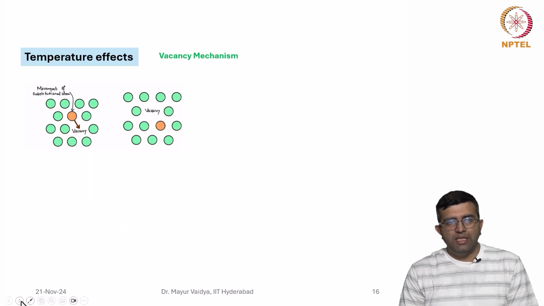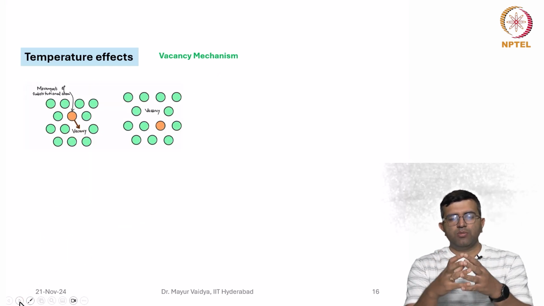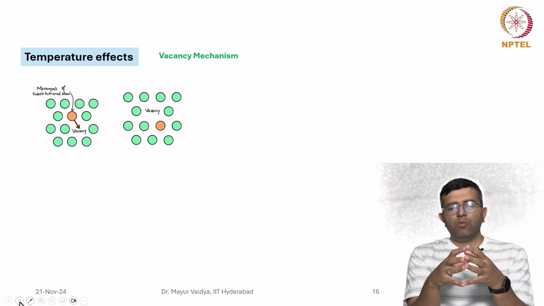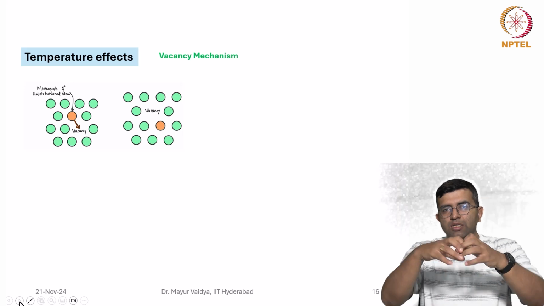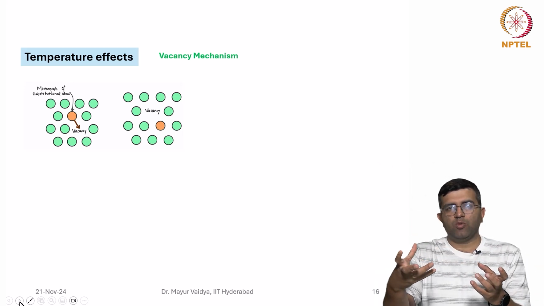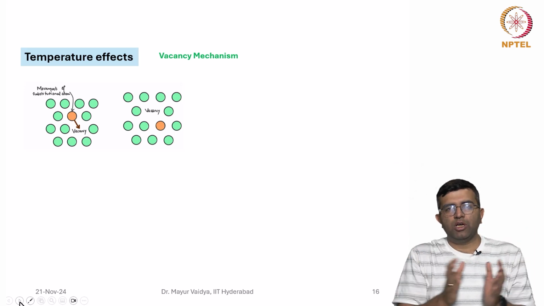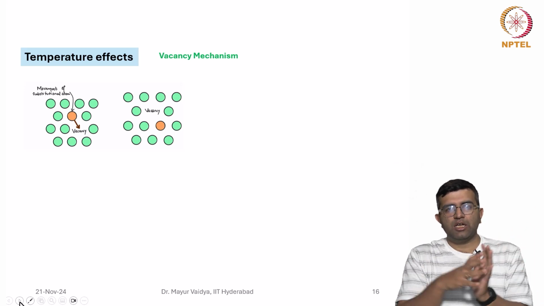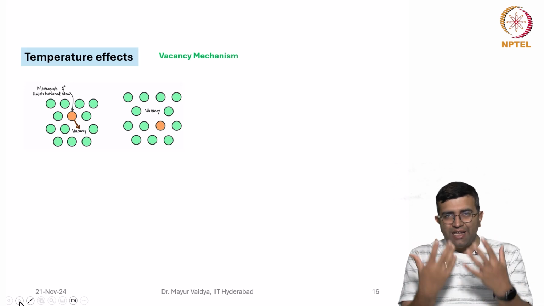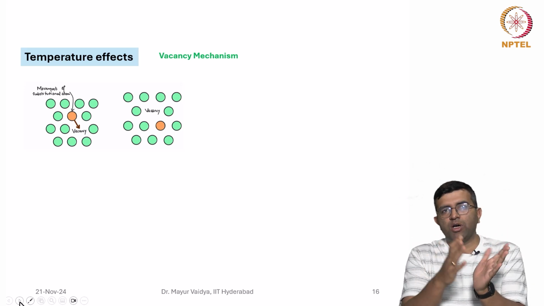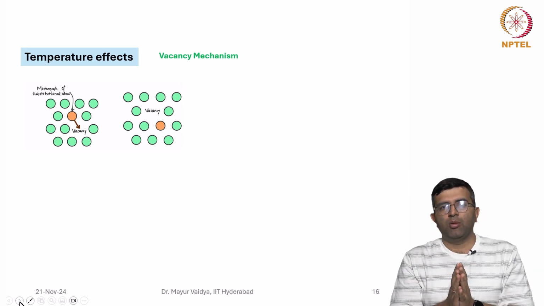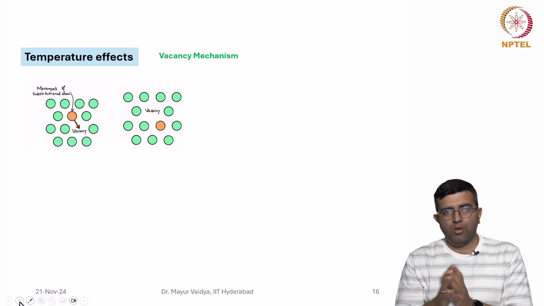When you talk about the vacancy mechanism, the major difference comes especially when the solute concentration is very less. When it is interstitial diffusion, because interstitials are everywhere, in any direction an interstitial atom wants to jump to, it can jump with equal probability. The interstitial sites are always available. But for the vacancy, because the vacancy concentration itself is very small, there should be a probability of finding a vacant site near to the moving atom. So therefore,